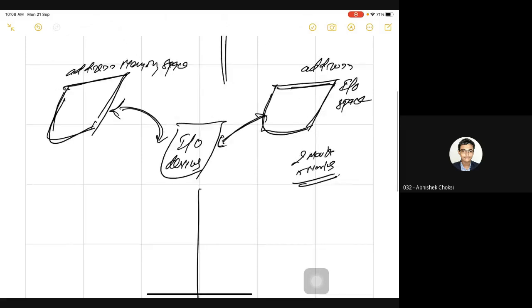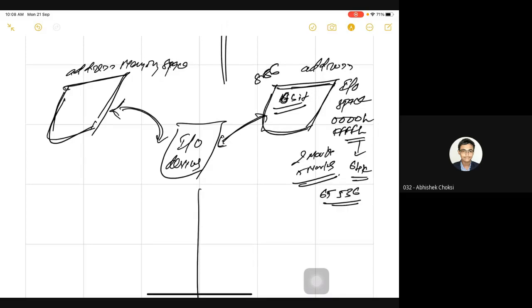This is the default technique. In 8086, the IO address space is 16-bit. What do you mean by 16-bit address space? That means you have addresses from 0000 hex to FFFF hex, so you can access a maximum of 64K different IO addresses, that is, 65,536 different IO devices.